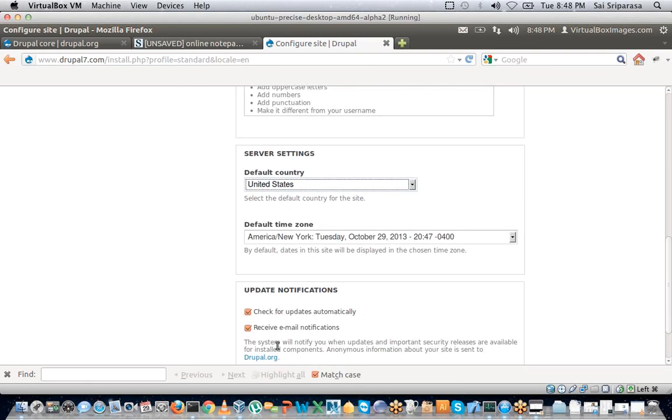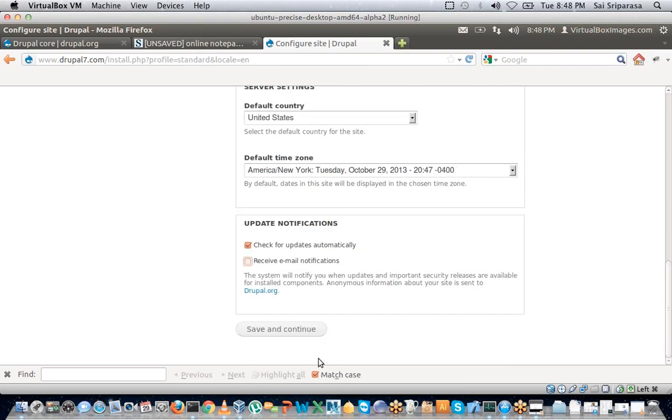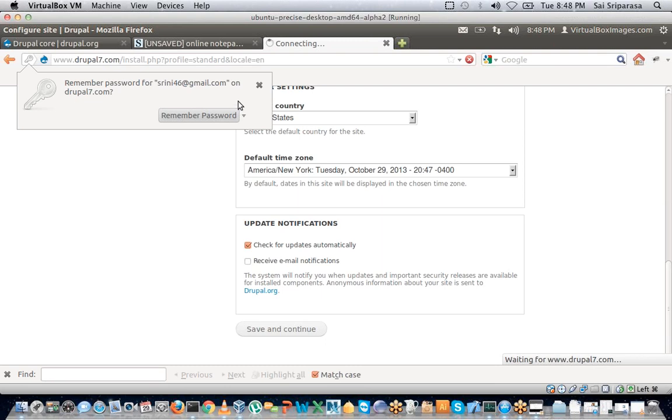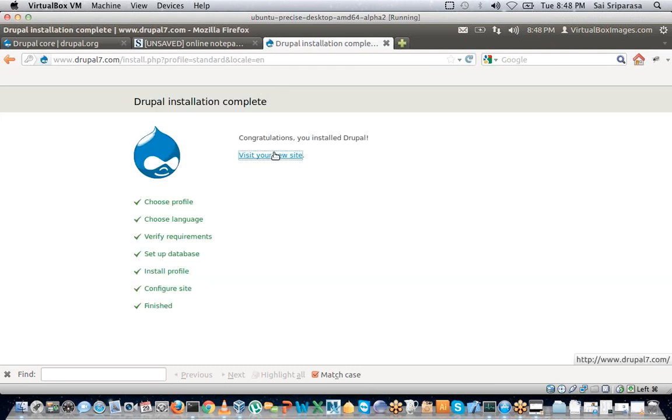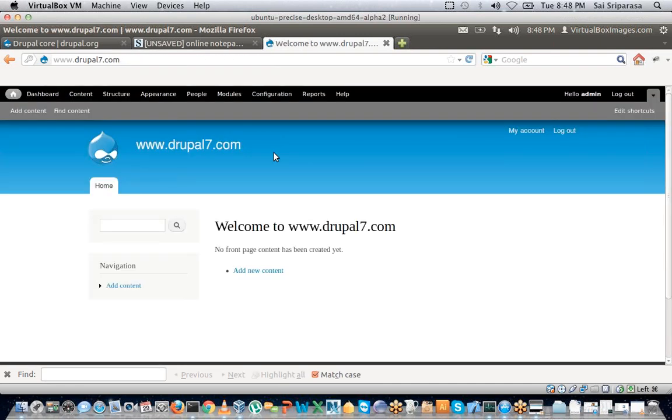It's like a basic profile creation. And New York, so it got the right time zone. Again, save and continue. That's it. That's how simple Drupal installation is. Now you have your own Drupal instance installed.